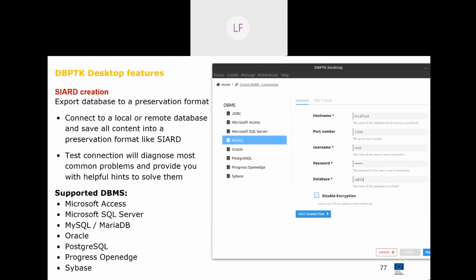It allows you to connect to your database management system and export all or part of the content into a preservation format like SIARD. It allows you to test the connection, diagnose the most common problems, and provides helpful hints to solve them. And it has base support for Microsoft Access, Microsoft SQL Server, MySQL, or now MariaDB,